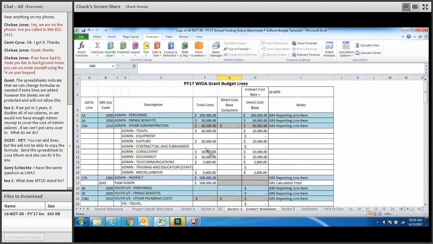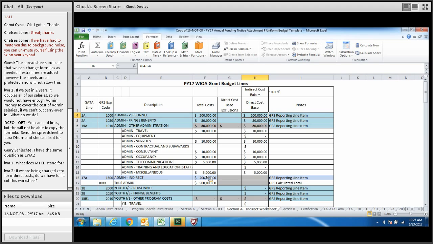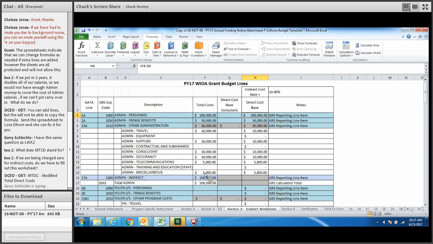In column H, after you enter all the numbers in columns F and G, column H will automatically calculate the direct cost base for each line item. And then this worksheet will take the 10% indirect cost rate and multiply it by the total of the direct cost base for all line items, and the total will display under total indirect costs at the bottom of the worksheet. So this will be our total indirect costs calculated on this indirect worksheet. And then this $200,000 here is from Section A